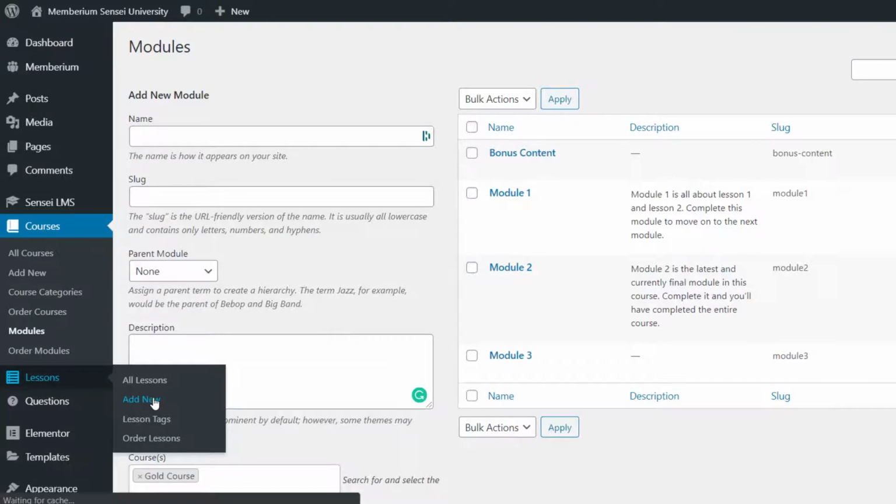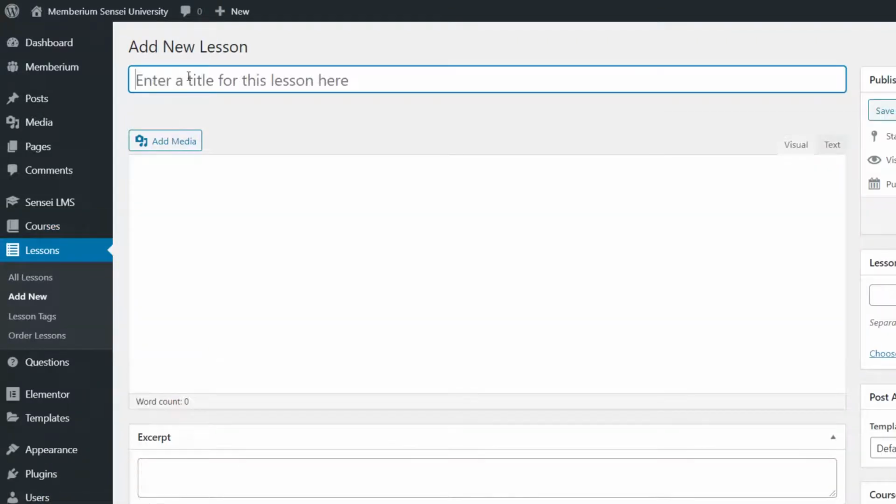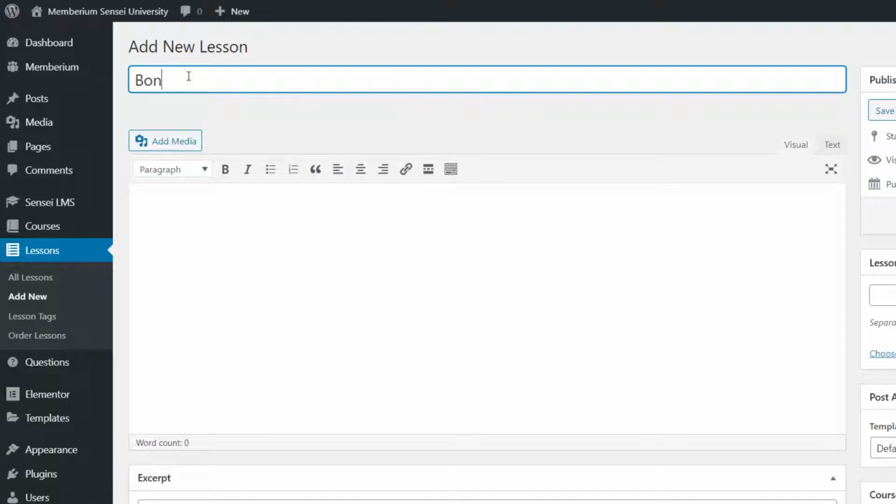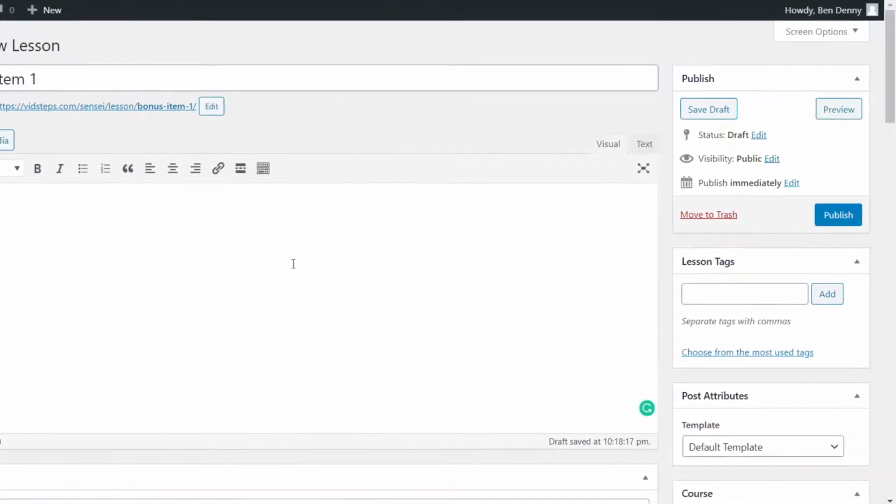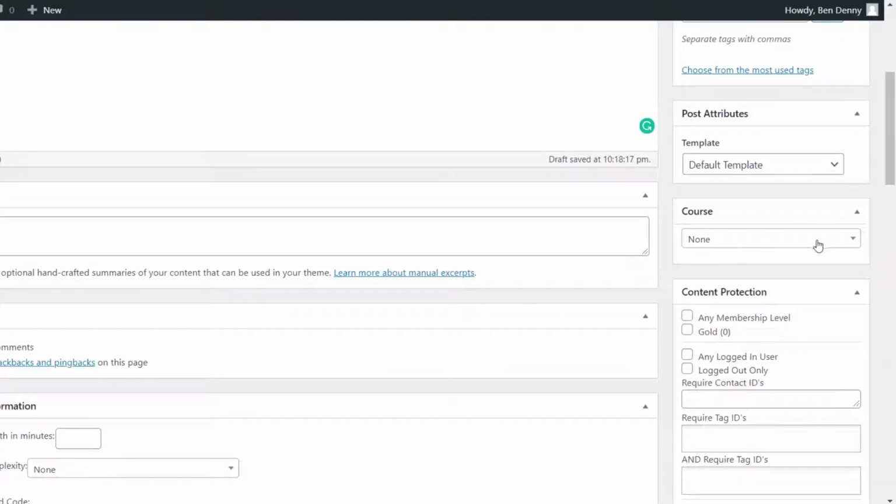And you can also do this from the course homepage. You'll just have to find whatever's easiest for you particularly. And I'll just say bonus item 1. And then here, you'd actually include the bonus item like so. So over here on the left hand side, you'll simply click gold course,